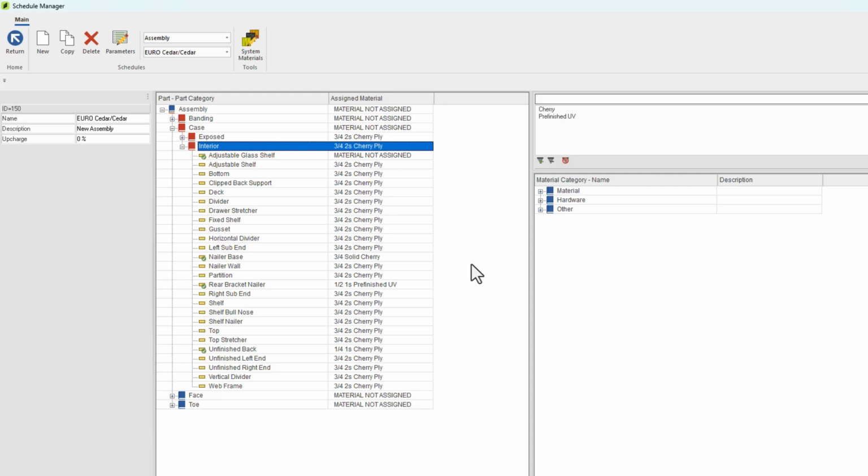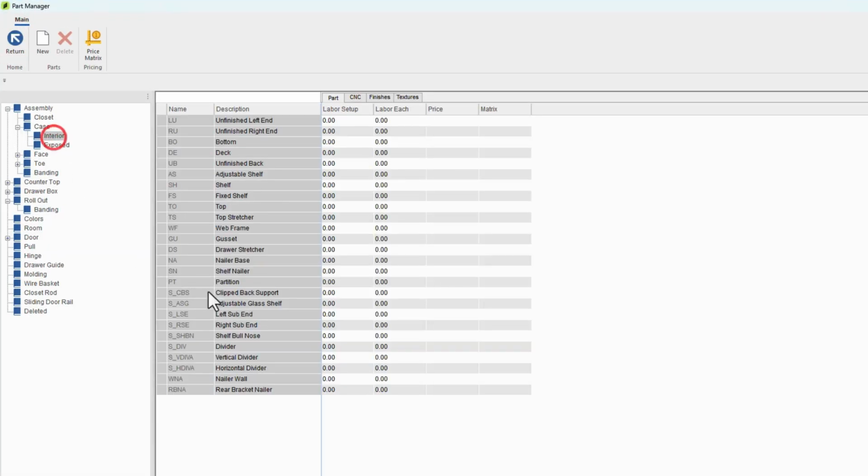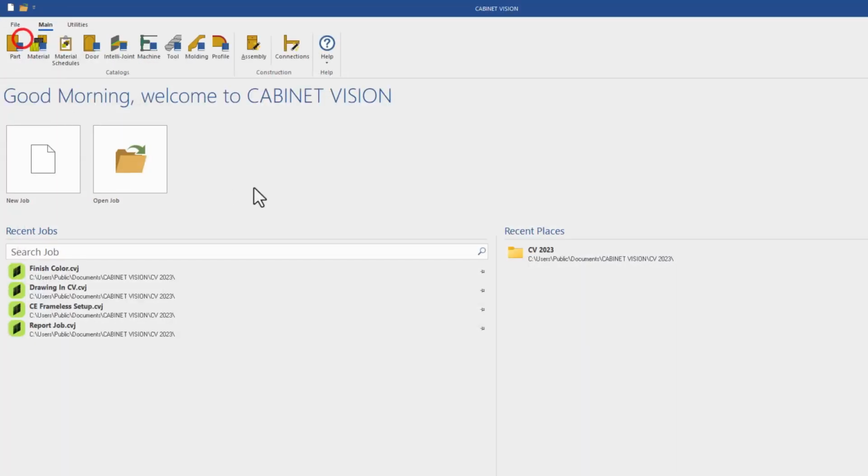So in the case of the 3/4 backs and the 1/4 inch backs, it might be as simple as, rather than copying and creating 2 new schedules for every species, maybe I can just go back to the part library and create a new part called thicker unfinished back, and then have a UCS to replace it whenever we're using that guy's construction method. I'm not going to cover all the specifics of the UCS part in